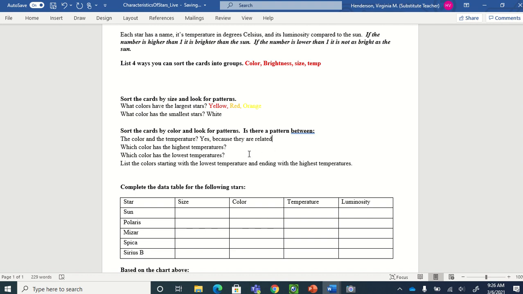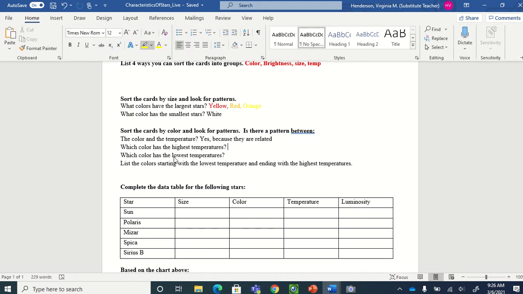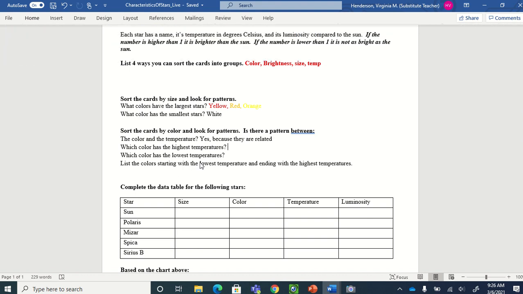All right, and the next one: which colors have the highest temperature? Which color has the lowest temperature? And it says, list the colors starting with the lowest temperature. And I want you guys to see this word here because you guys seemed to misunderstand that. Lowest temperatures, okay? And end with the highest temperatures. So ending with